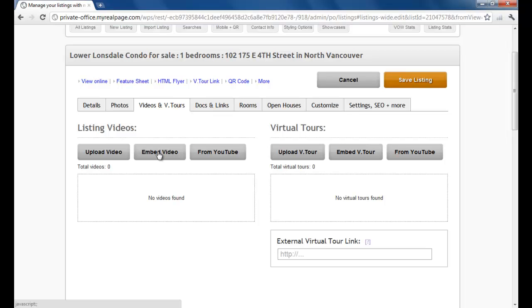So if you have embed code to embed it onto the listing, you can do that as well. Or you can also link into your YouTube account and just choose the video directly from YouTube if you choose. There's also an external virtual tour link. Some companies, when they do a virtual tour, will physically host the tour for you, and they'll provide you with a URL for that tour. You can paste that in here, and then that will generate a link for someone to click on and add